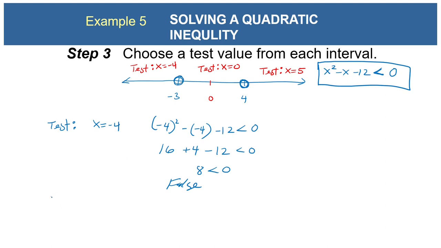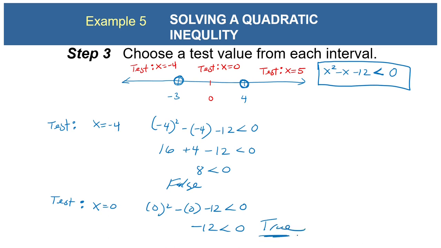So we'll test another interval. Let's test x equals 0. We have 0 squared minus 0 minus 12. Is that less than 0? Well, negative 12 is less than 0. This is true. Since this is true, that means the region between negative 3 and 4 is a solution to